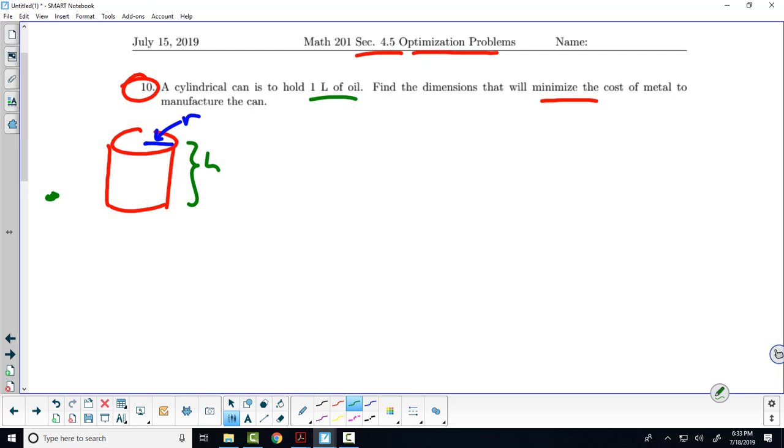Okay? So in fact, let's go ahead and say that we are constrained by the fact that the volume must equal 1 liter. Okay? How do we find the volume of a cylinder? I do expect you to know this. Pi r squared h. Yeah, how do we think about that? The base of this column times its height, and in this case the base is